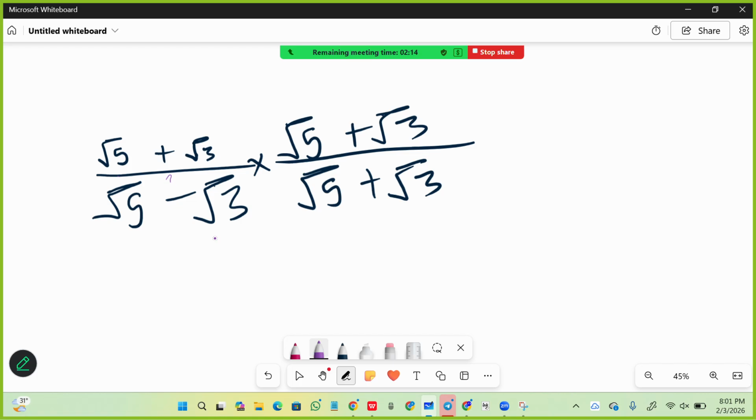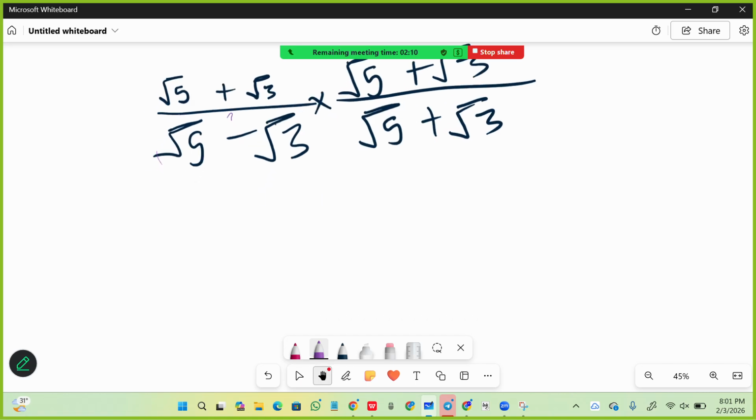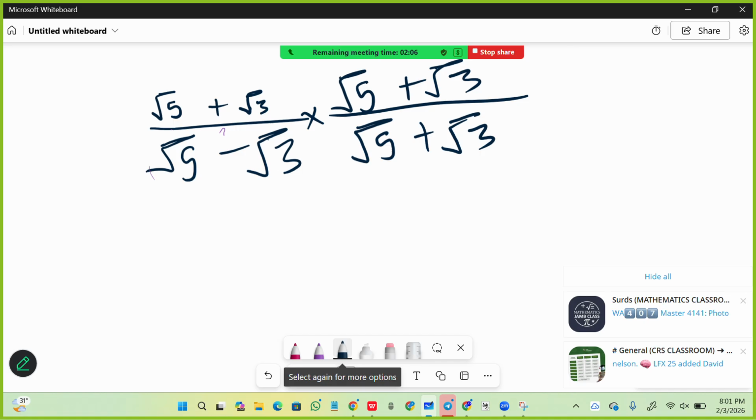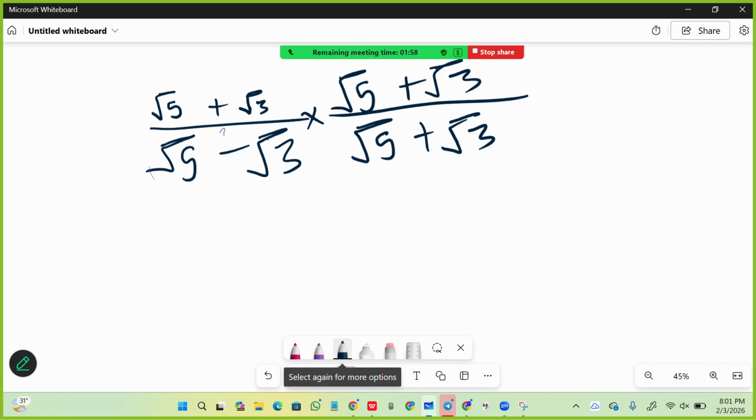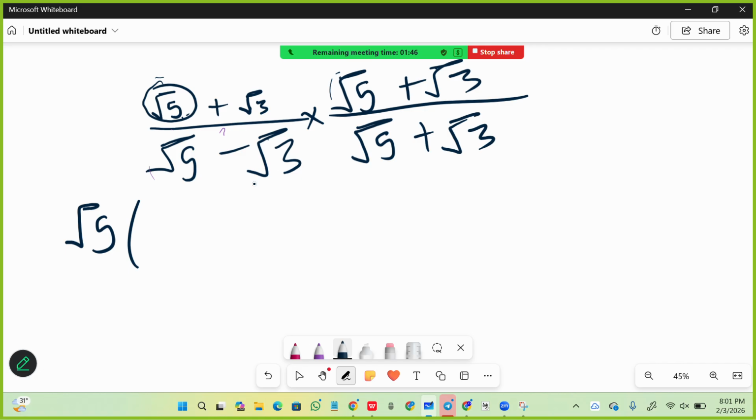This one is from this base. We had the number, and we are multiplying this up and down. Now, to multiply it, we pick this 5. Somebody asked a question in the afternoon: how do we multiply it? Let me show you a simple repeatable process you can follow. Pick this number. When you want to multiply, you pick this one, 5. Use this 5 to multiply everything here. You write root 5, open bracket, and multiply everything here. Let me tell you what I mean by everything here. So open bracket, root 5